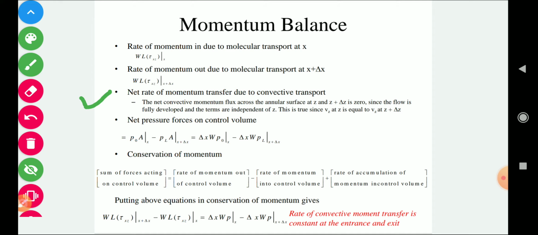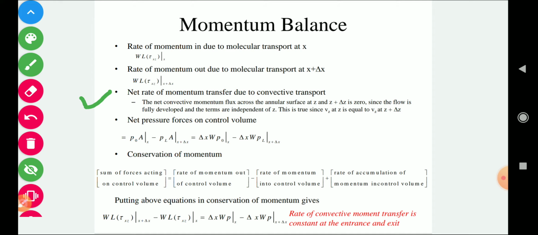So we have made the assumption that the fluid is fully developed, and there is no velocity variation along the z direction. So convective momentum at the entrance will be equal to convective momentum at the exit. So net rate of momentum transfer due to convective transport will be 0,